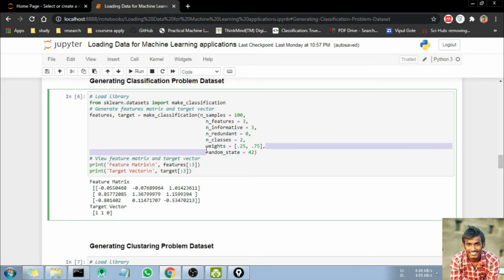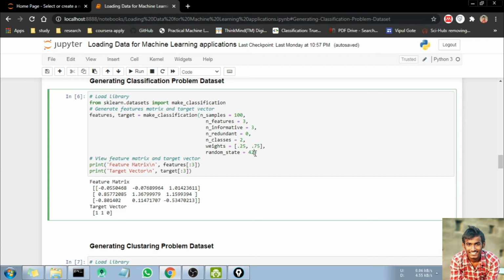Here we are going to initialize the weights as 0.25 and 0.75, and we are going to set random state to 42, because we want to generate the same dataset repeatedly. Because of random state, we can generate the same dataset each time we execute this function.